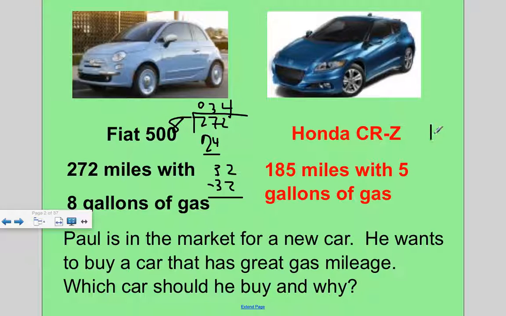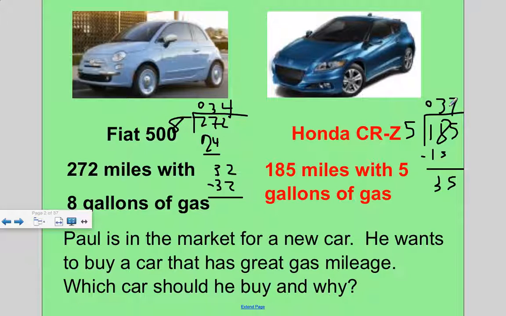Let's try this side. I can drive 185 miles with 5 gallons of gas. I want to break it down into individual gallons. Can 5 go in 1? 0 times. Can 5 go in 18? 3 times. What do you get when you subtract 18 and 15? You get 3. Bring down the 5. How many groups of 5 go in 35? 7 times. So I can drive 37 miles with 1 gallon of gas, or 37 miles per gallon,